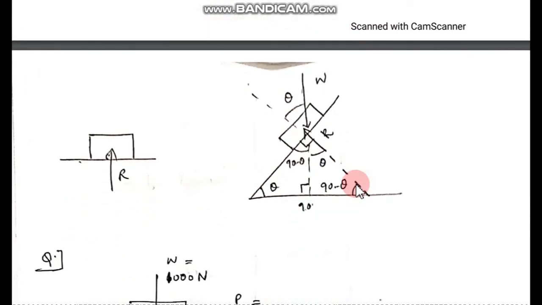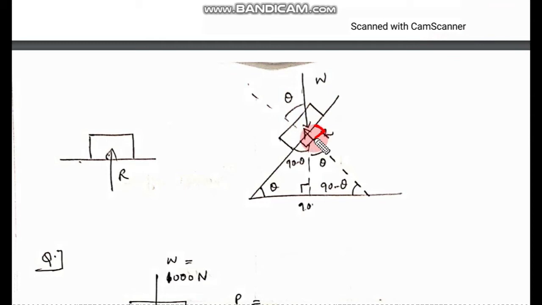Okay, now we have some proof which we need to carry out here. Before that, I'll show you here. If a body is kept like this, what are the things that will act on that particular body? We'll see that first. Weight will act, and here you should remember that the body is kept inclined and not like the normal case. When it is kept like this, the reaction will be perpendicular to that inclined surface, as I can show you here. This reaction is perpendicular to the inclined surface.